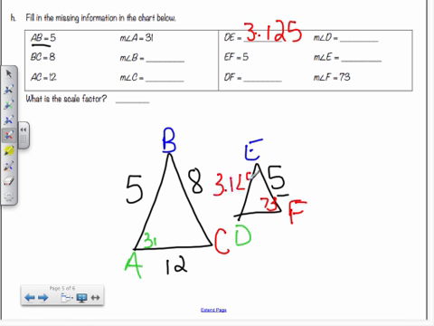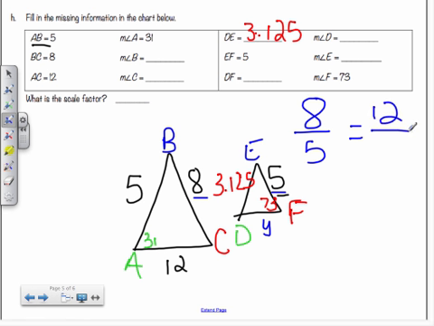Now, I'm going to do a similar process to figure out what side DF is right here. So I'm going to call this side X or Y or whatever variable you want to call it. Actually, let's call this variable Y, so it's different. And I'm going to use a similar proportion. I still know that it's 8 over 5. Okay, so I'm going to write down 8 over 5. But this time, the other side that corresponds to this y is 12. Since I put 8 first here, I'm going to put 12 first here, so I will get 12 over y,